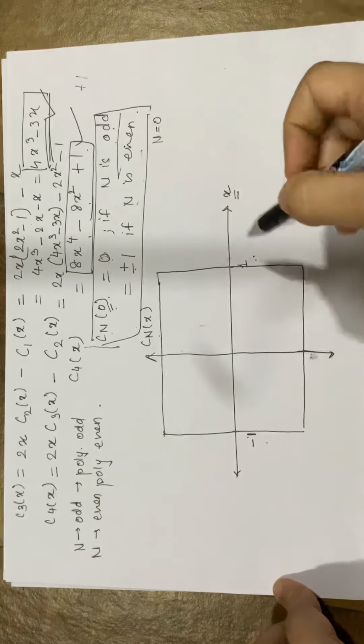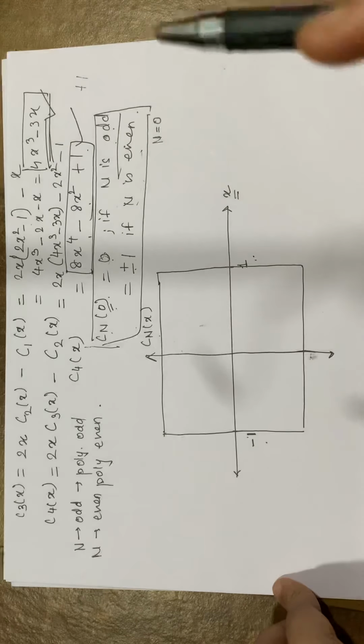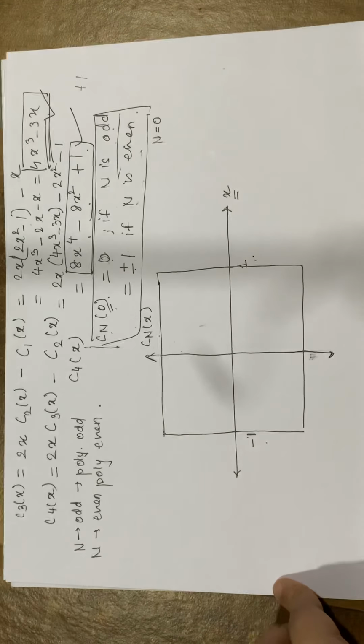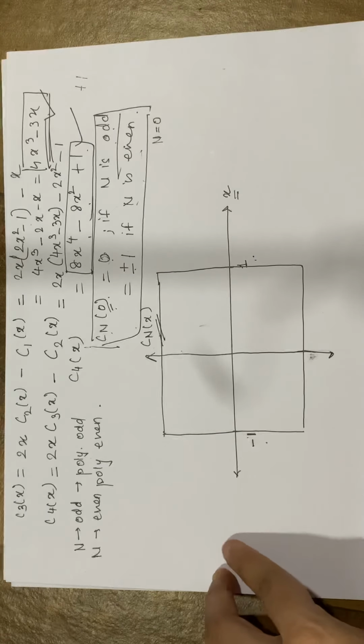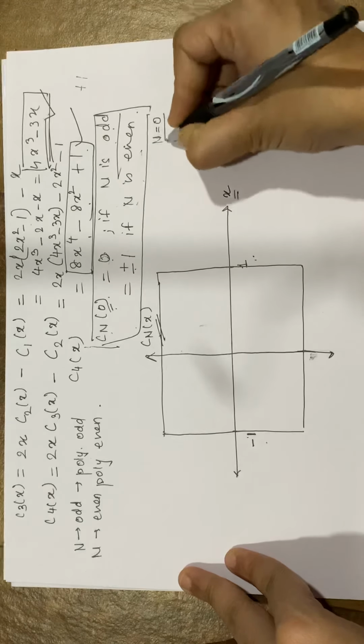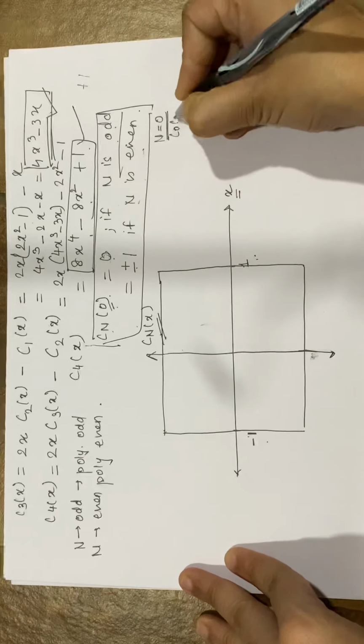Now we are plotting this because this behavior of Cn of x is actually going to define how your filter will look like. Okay, because Cn of x has that cosine term that we have already seen, the ripples in the pass band will actually depend upon this Cn of x. Okay, so we will try to plot the Cn of x for different values of n, that is the order of your filter. Okay, so let us consider n equal to 0, that is C0 of x.